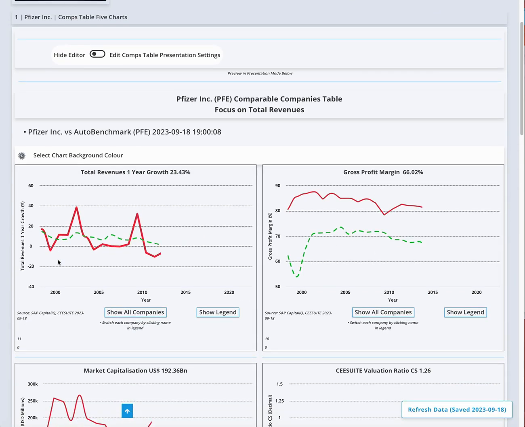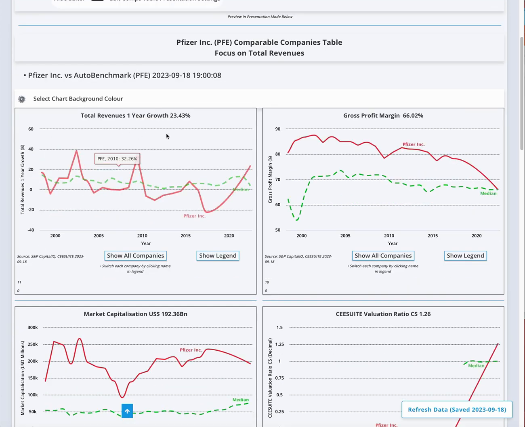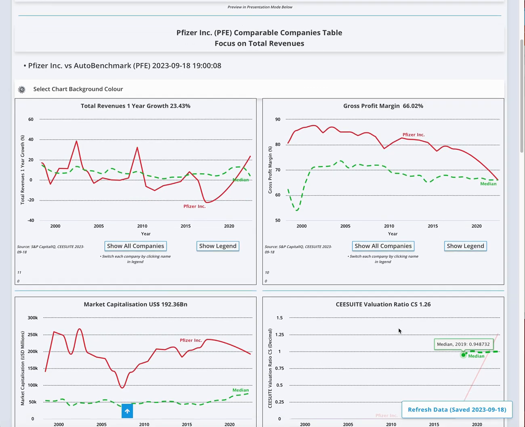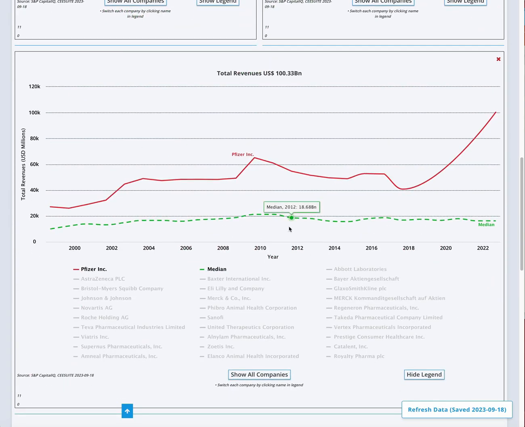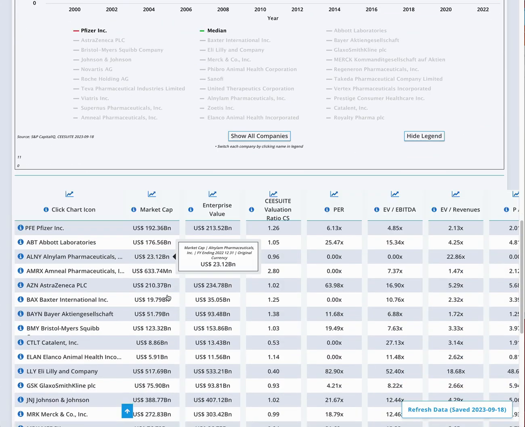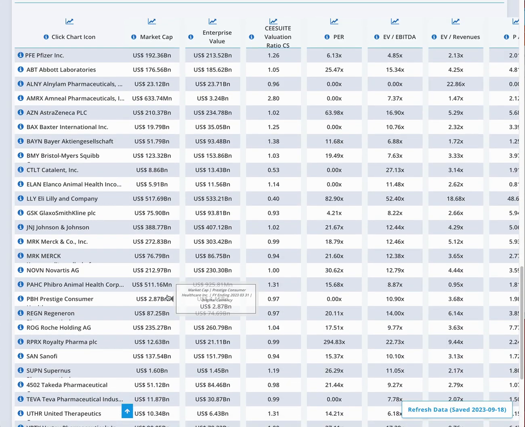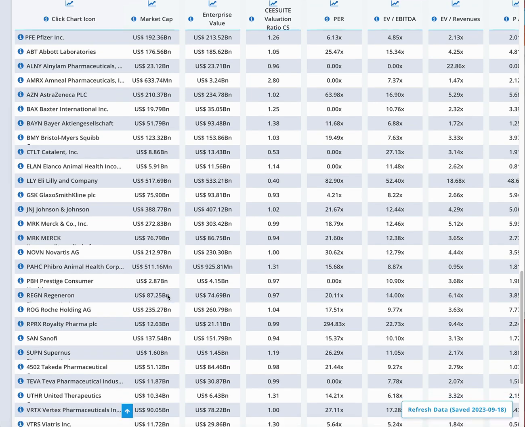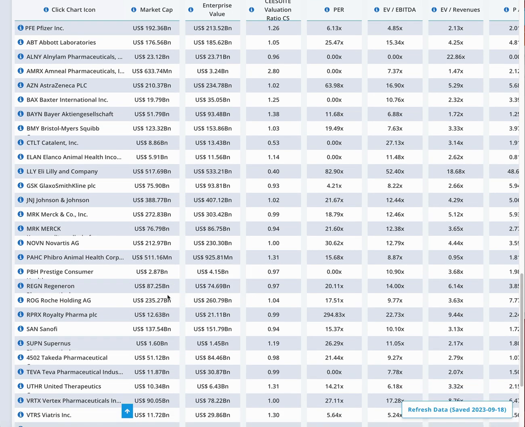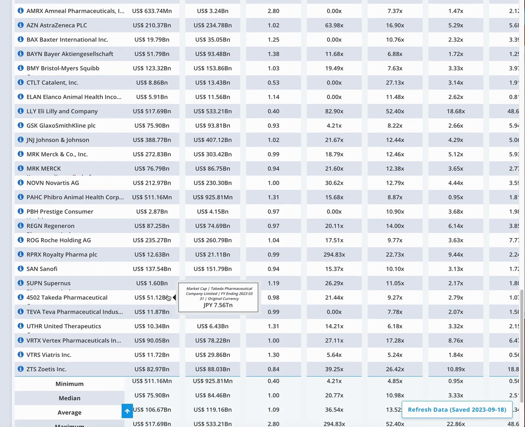You can see that there are 5 charts which are showing total revenue, growth, gross profit margin, market cap, and this is C-Suite valuation, which I'll spend time in another video talking about, and total revenues, the size of the company. Going further down, you'll see the list of all the companies. It looks like there are about 25, 30 of them that C-Suite has